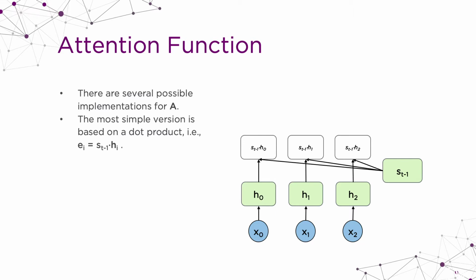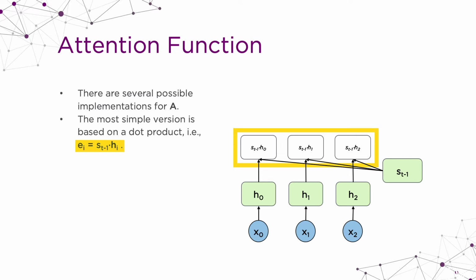So you see that here in this example, you see the h0, h1, h2. These were the same h that we saw before in the encoder. And we want to compute the weights for these elements in this sequence. You see that the other input is the decoder state, which here I call s_{t-1}. So the way we compute the weights is just to do a dot product between this decoder state and every